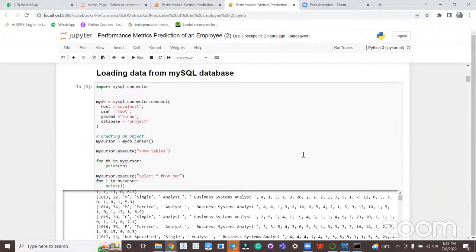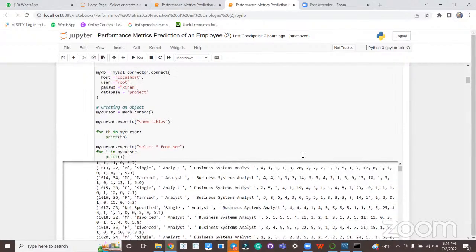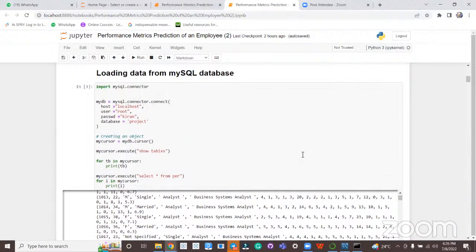An actual production environment will not show the username, passwords, and all that. This is only for demonstration. We need to mask them, of course. There are different techniques used to mask the passwords also. But we need to connect from Python to the database in order to get the data. Using my cursor object, we retrieve the information. You can see the data below.